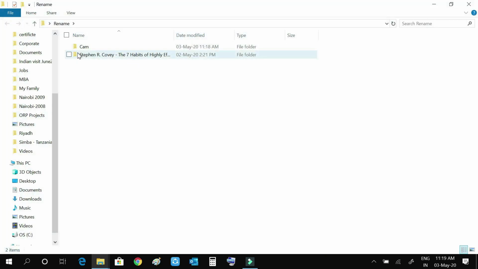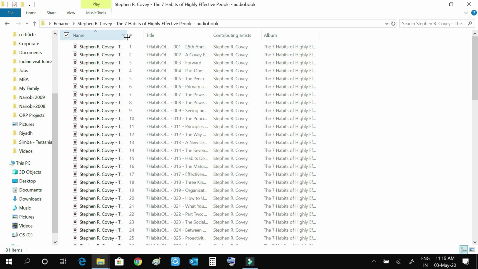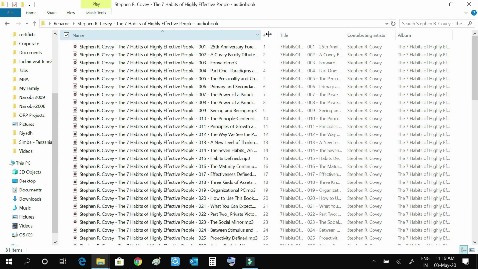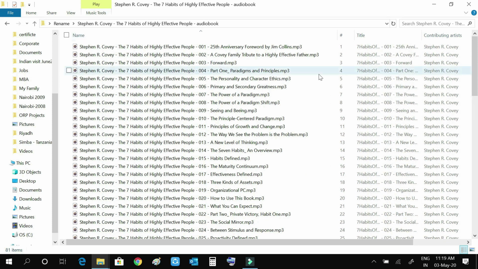See this other folder called 7 Habits of Highly Effective People audiobook, Stephen R. Covey, and if I open this, see the file name is so big. I was facing a problem, like I was listening with my mobile, and it was very difficult for me to know which file I was listening last time and which file I am going to listen now.